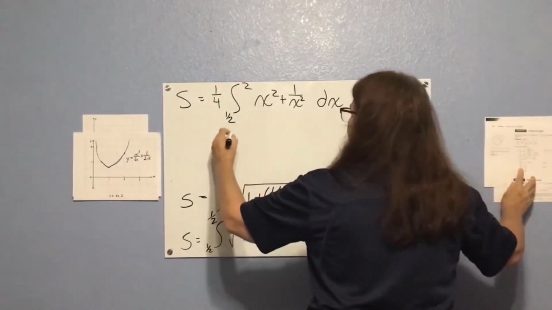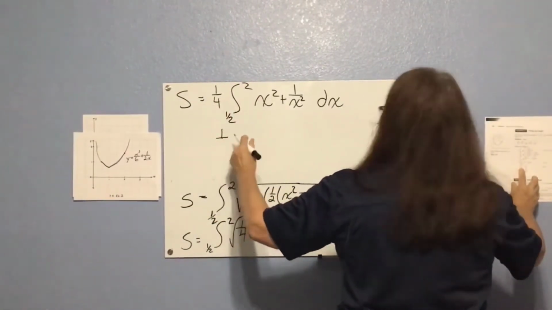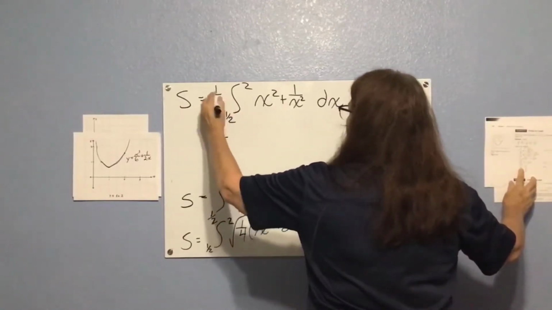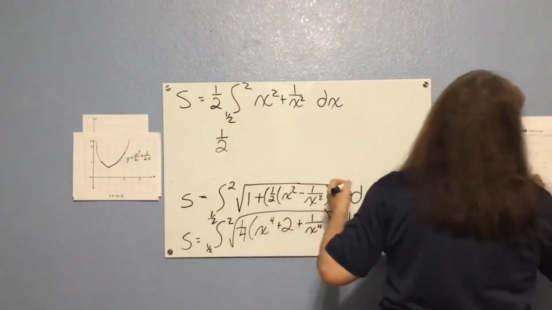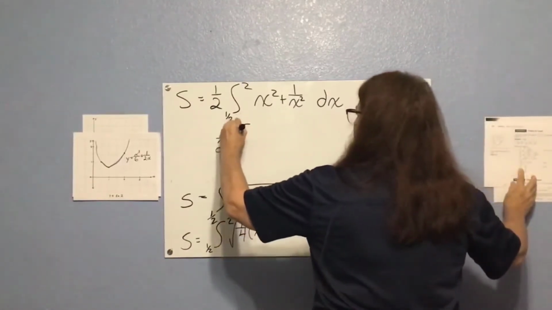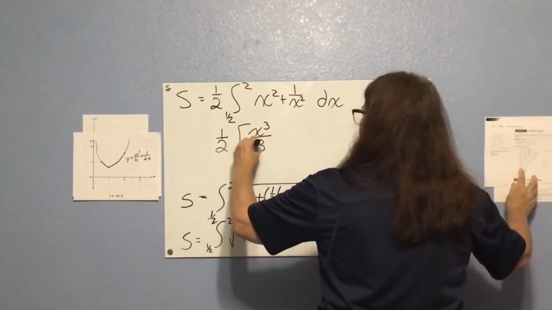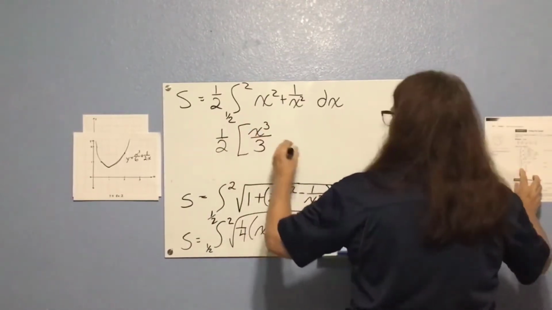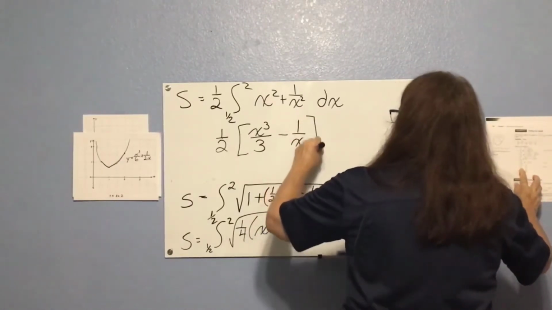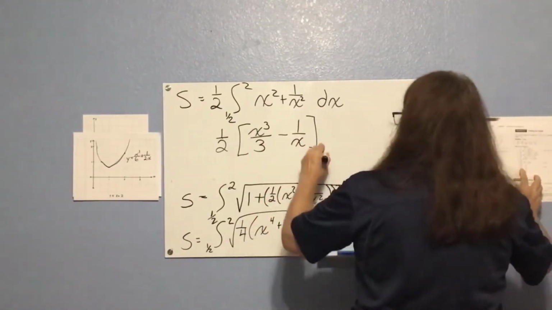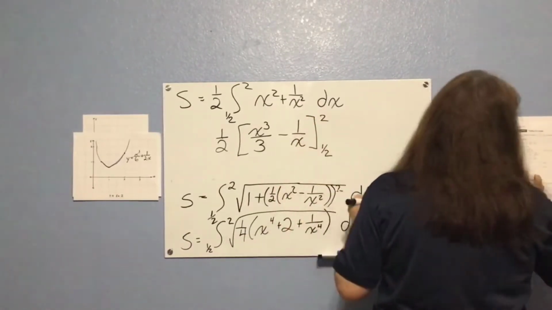And now we can integrate. So we'll have 1. It should have been 1/2. So 1/2. I've got x cubed over 3 minus 1 over x. And we're evaluating from 1/2 to 2,